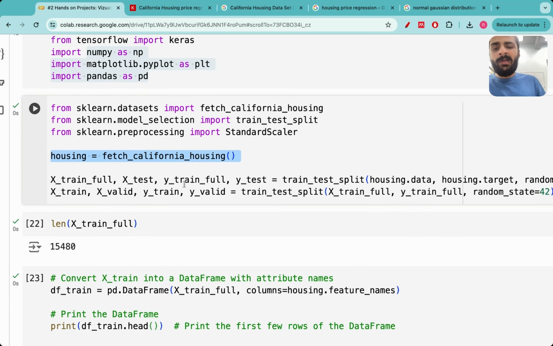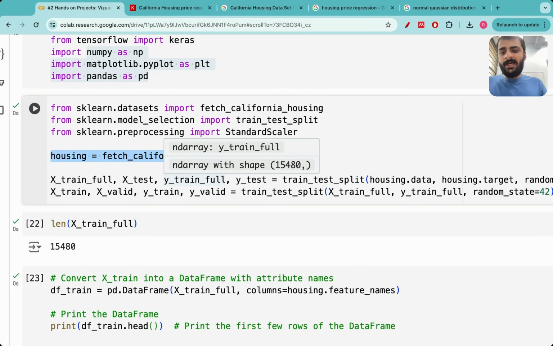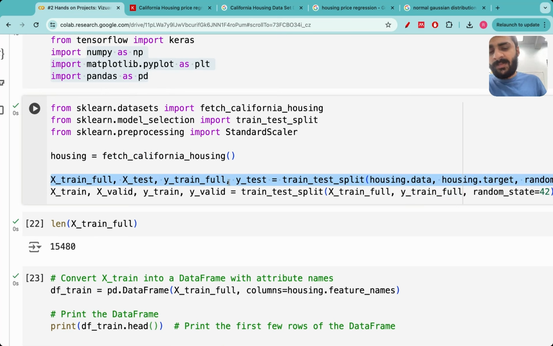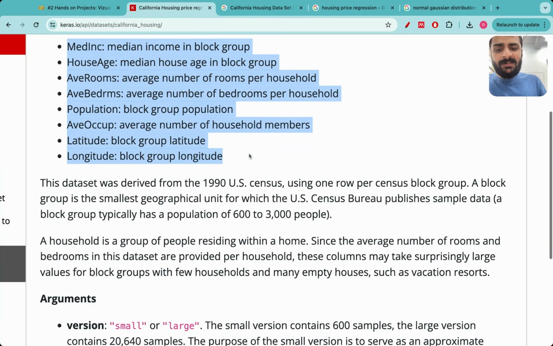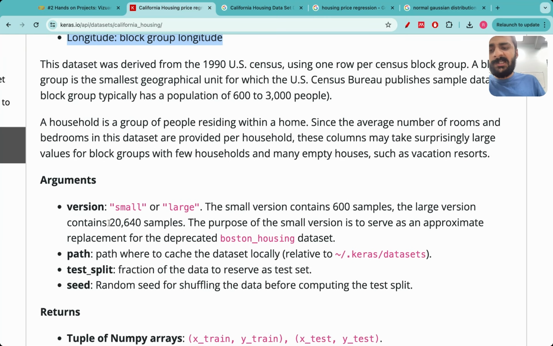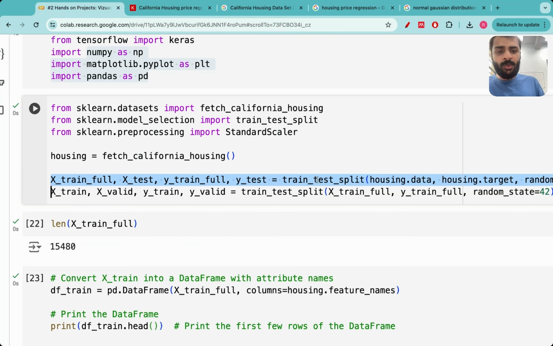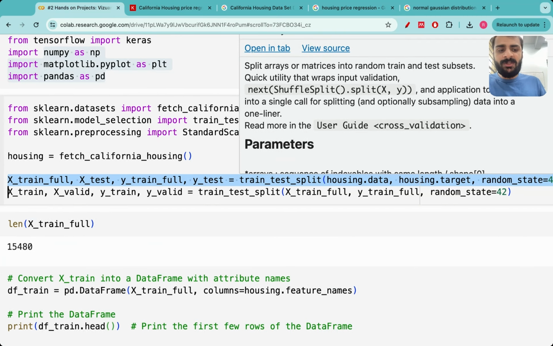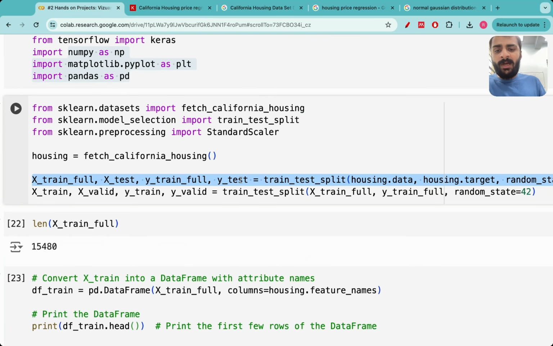And then what we'll be doing is that first we'll be dividing the data set into training and testing. So I believe the data set consists of 20,640 samples, and it already comes with training and testing. So you don't have to mention the train test split ratio. Usually you will have to mention this ratio in other data sets. So right now we'll just do train test split of housing data,